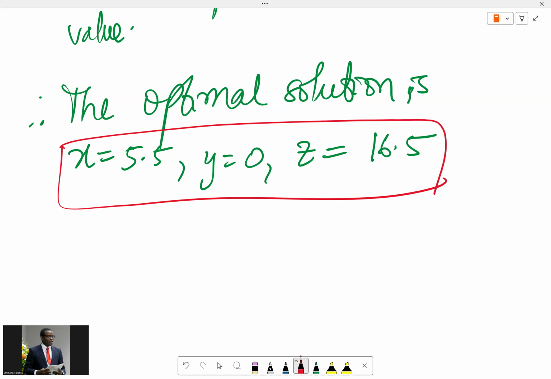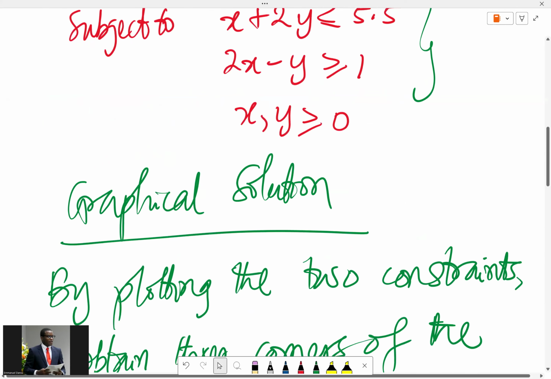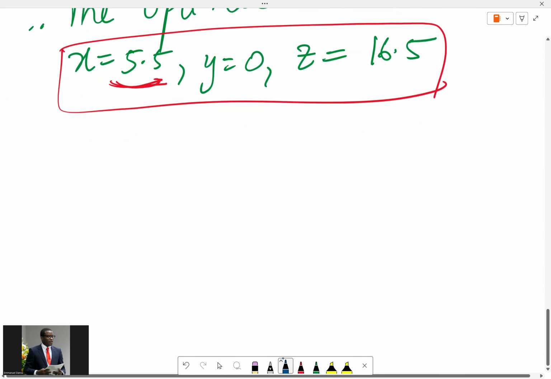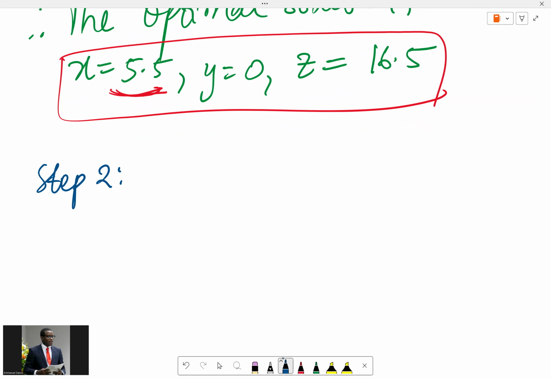But then we are solving an integer linear programming problem. So this is not expected to have that fraction part, okay? But this is the first step towards getting what we are expecting to get. And this is step one, right? Step one is to solve the LP relaxation. Now that we have solved the LP relaxation, we have found a normal optimal solution, if you're not worried whether it should be integer or not. So now we go for step two, which is to